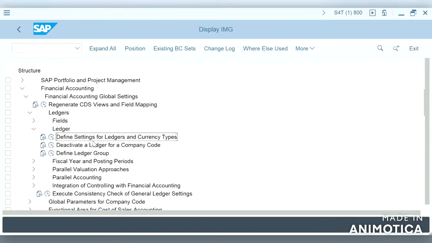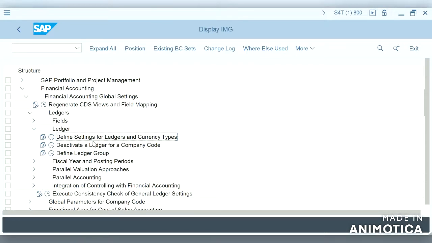So let us first understand what is actually a ledger and why it is useful in our general ledger accounting. If we see the definition, a ledger is a section of a database table and it only contains those dimensions of the totals table that the ledger is based on and is required for reporting.